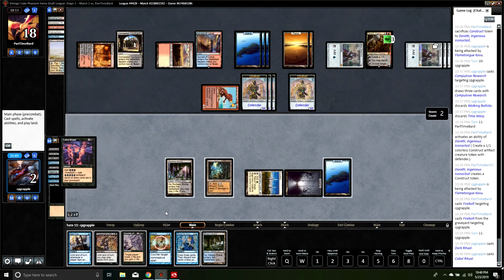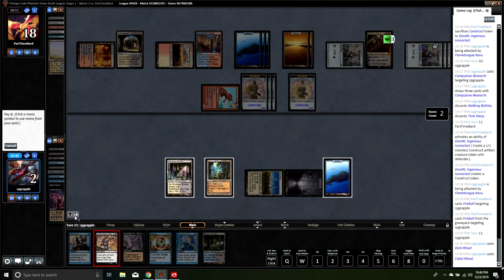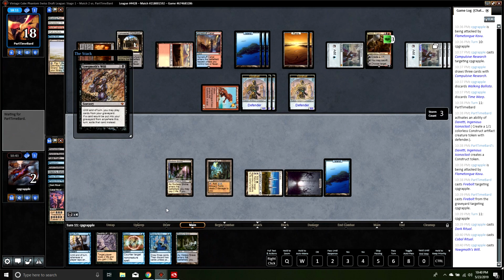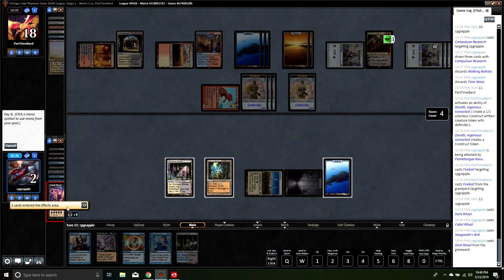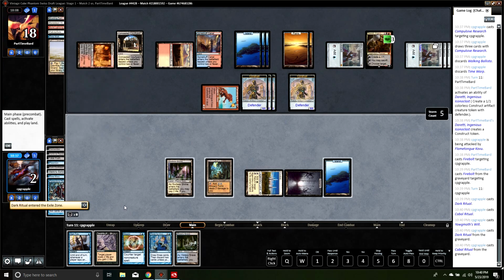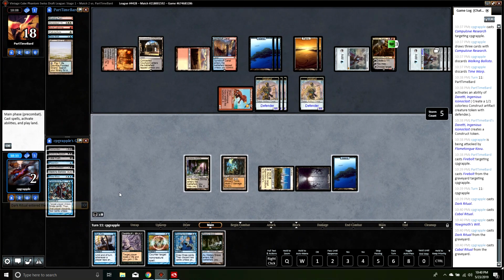Then we are going to tap here, play Cabal Ritual. Then we are going to Yawgmoth's Will, right? So then we go Yawgmoth's Will. Okay. And we play Dark Ritual and Cabal Ritual. Okay. Then we can...